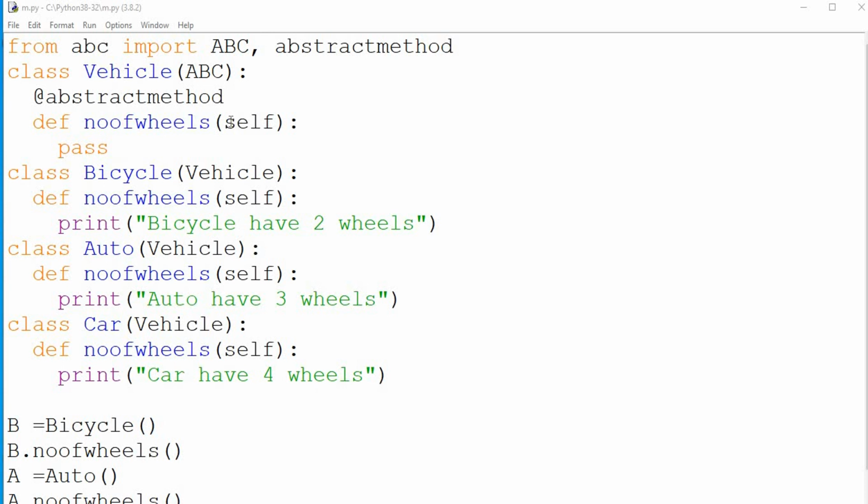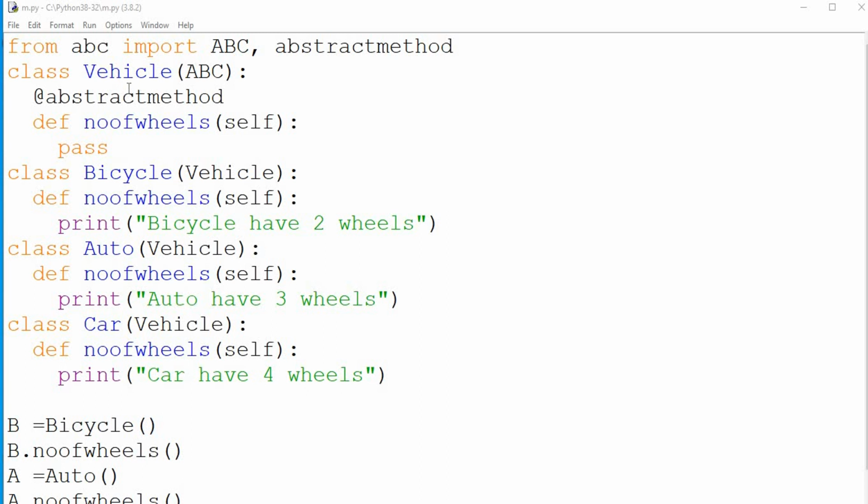Now why we have to use a self, we have seen in the previous videos. And next is this keyword pass. Why we have to use pass also we have seen in the previous videos. So if you are not sure about the body, if you don't want to write the body of any method, then we can write pass here so that we can fill the lines of this method later. In such case only we have to use pass. And here we have used the decorator @abstractmethod. So number of wheels is an abstract method. Since Vehicle class is going to contain one abstract method, we say this Vehicle class is an abstract base class.